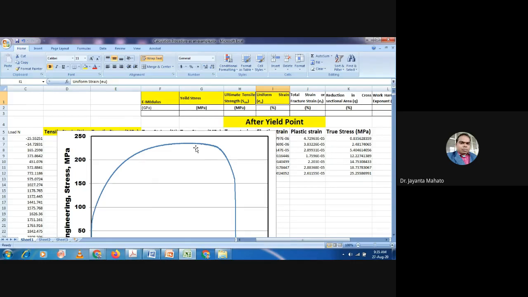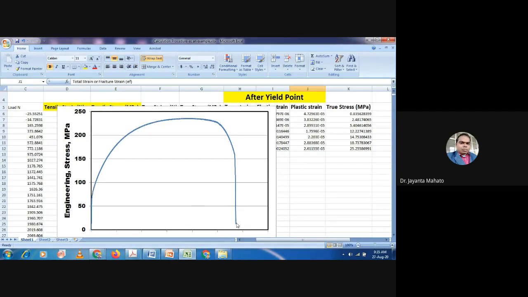After necking, uniform deformation does not occur; the deformation occurs only in the necking region, meaning localized deformation occurs. Before necking, the deformation is called uniform deformation, meaning the material deforms uniformly. And the total strain is the strain up to failure.